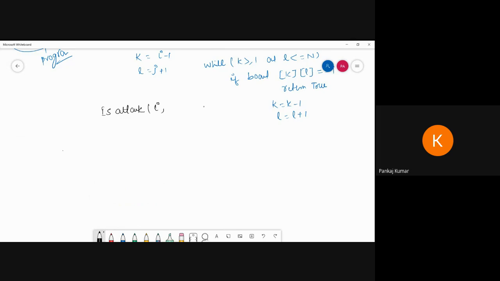is_attack of i comma j comma board comma n. Now I am going to check the j column.